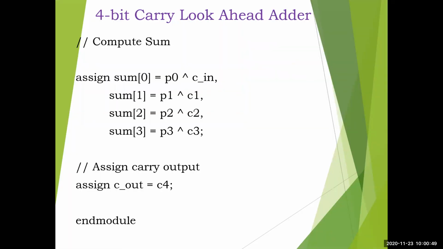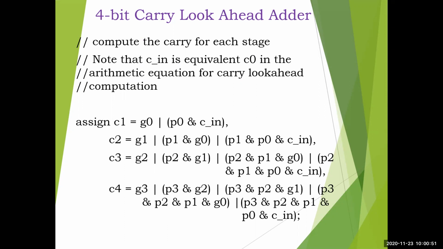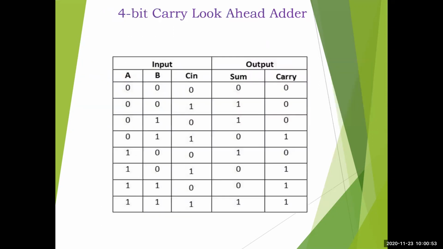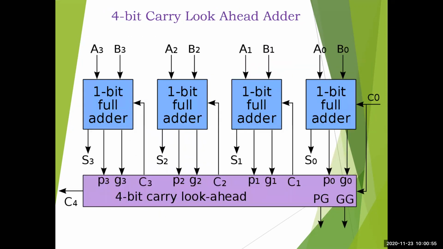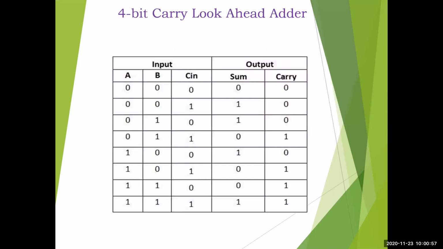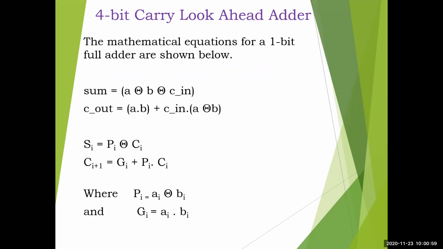Okay, so any doubts here? So this is the idea. Just recall, this block diagram is the important one, right? So how it is generated. Then this truth table. Okay, so this is the equation. The same expression of the 1-bit full adder, I have substituted here a XOR b as p and a dot b as g. Okay, for n bits you have to make it i, so that i you substitute from 0 to that many values.